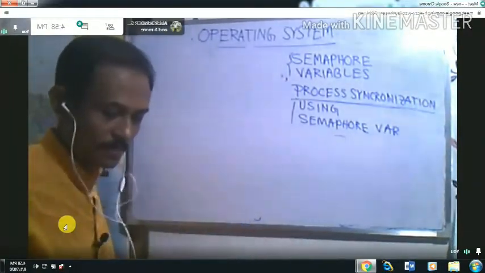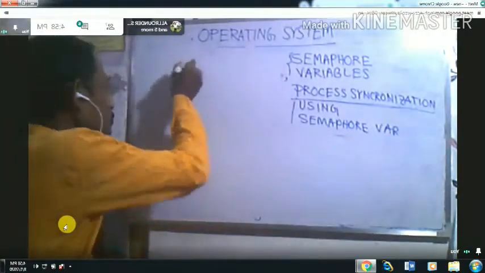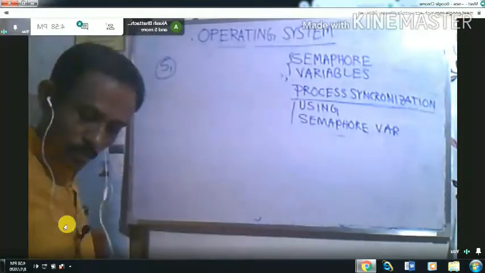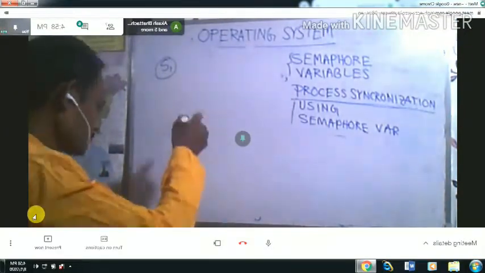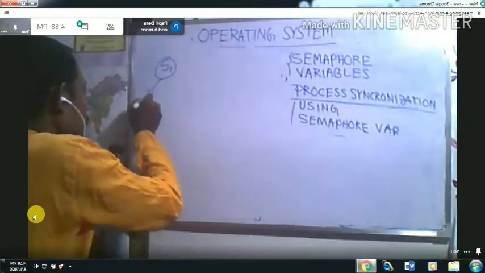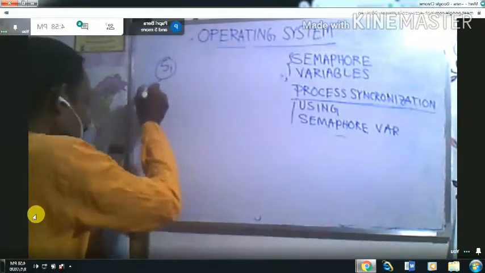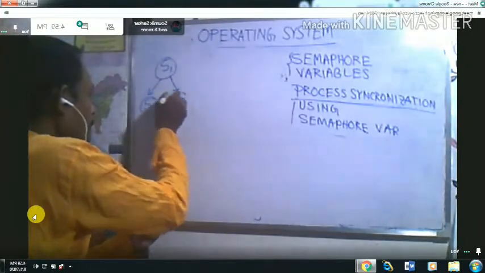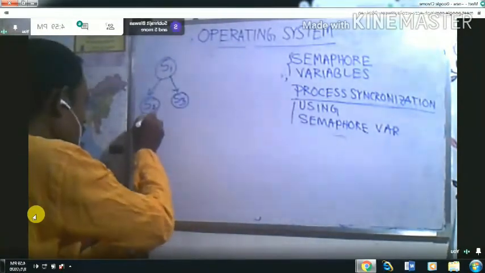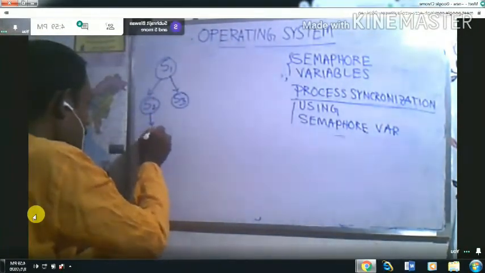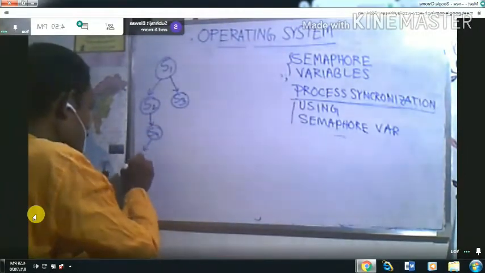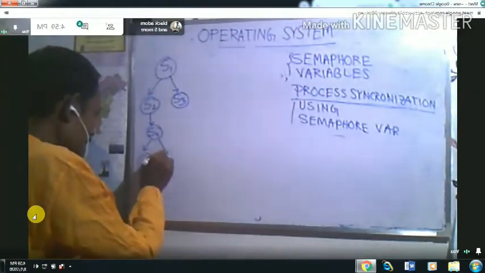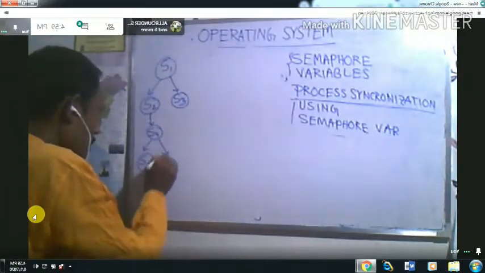Suppose your precedence graph is this: S1, S2, S3, S4, S5, S6 and S7.